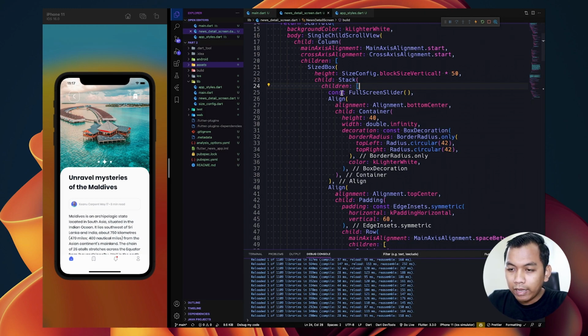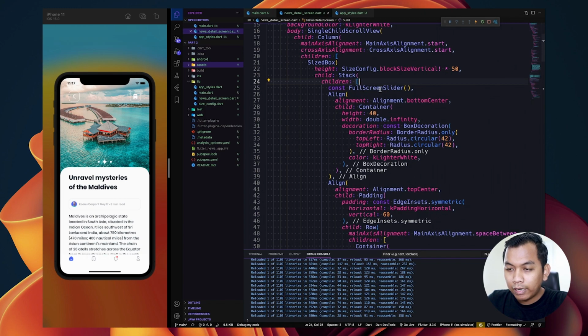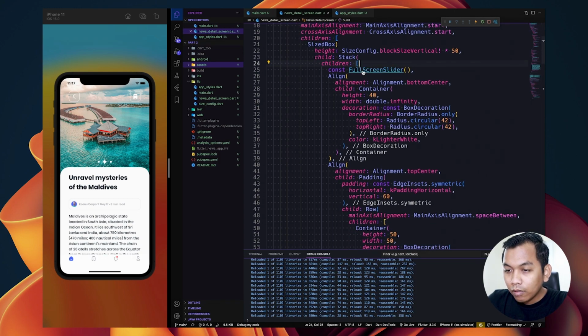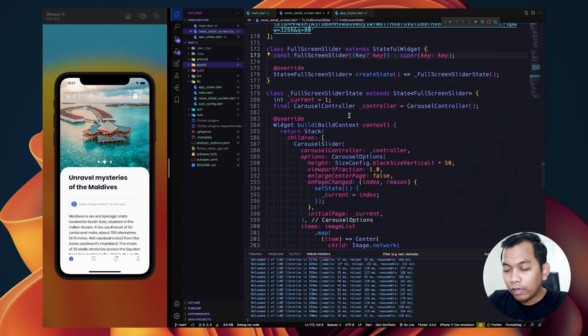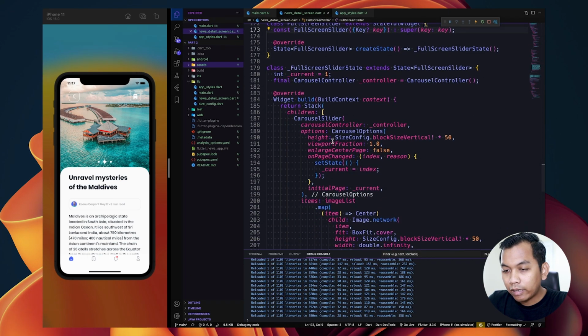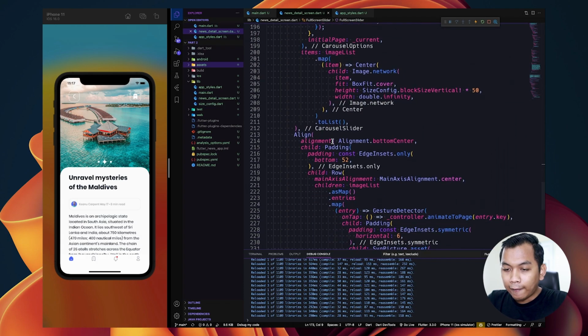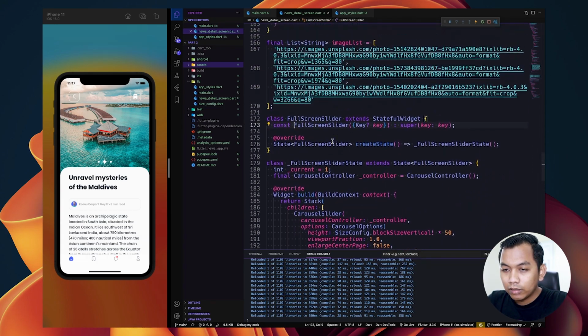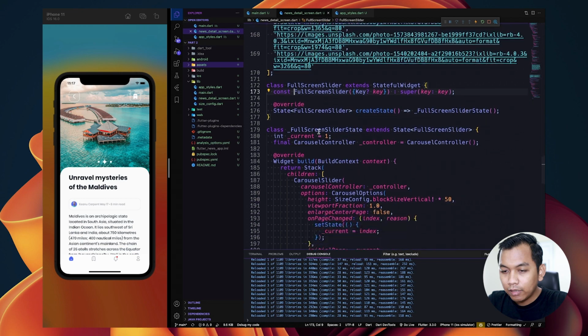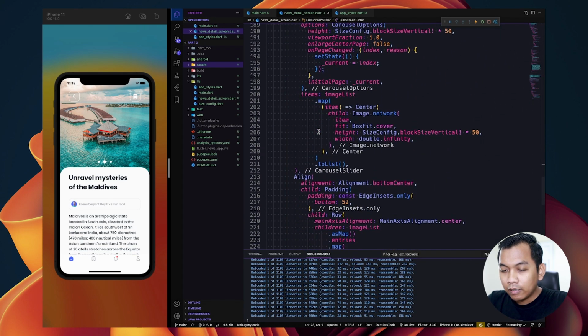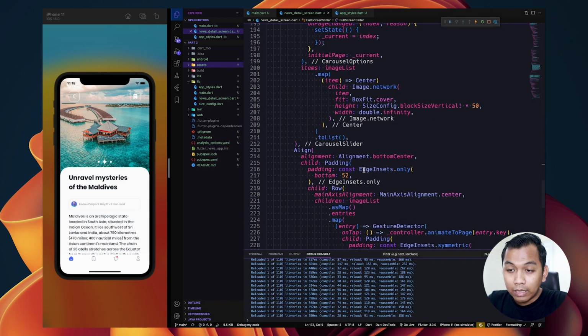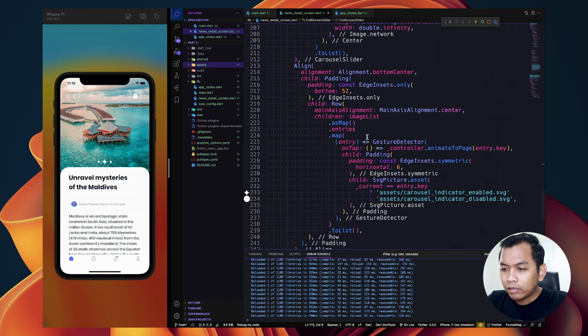So why I say full screen slider, or our image carousel, to be on the top, it means that it will be on the back. And for our full screen slider, we use the carousel slider dependency, and we use images from Unsplash, but it's not from our data, so I think it's just dummy data.